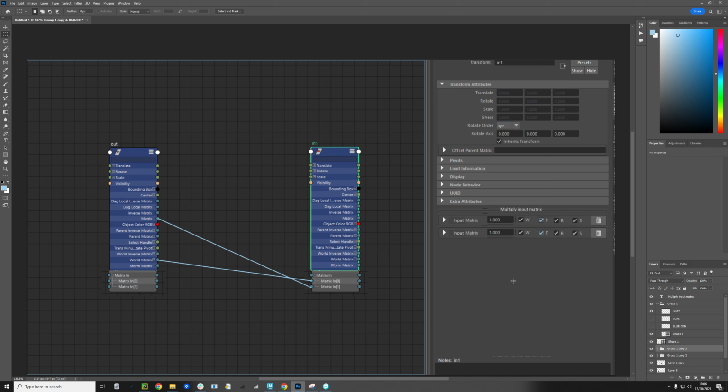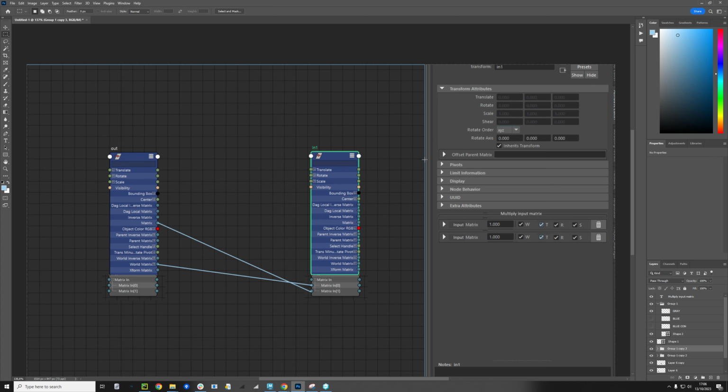Another benefit would be scripting. This is just connect and set four things and you would be done. And with a normal setup like I showed you earlier, you would have like 500 lines of code to just do a constraint using matrices. So I think this would save a lot of time for many artists. So also no more rotation order problems. And that would probably solve most of the